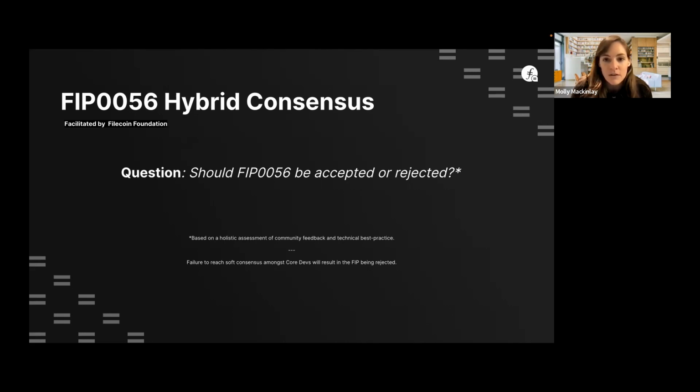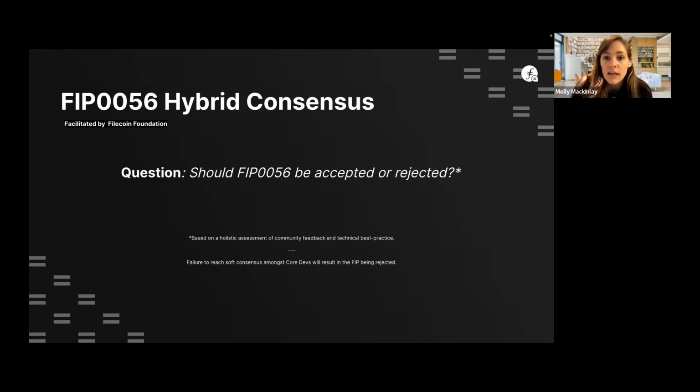But given that I haven't seen it, I don't think we have the data that there is enough alignment from the community overall. And because there isn't enough strong participation from other community stakeholders, say, clients or token holders or many other builders or ecosystem developers being strongly in favor of this FIP, I don't think that we have strong enough